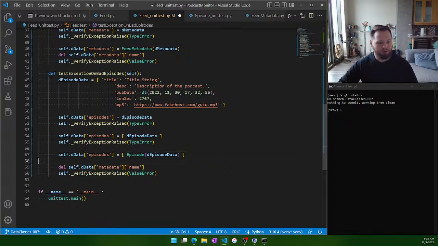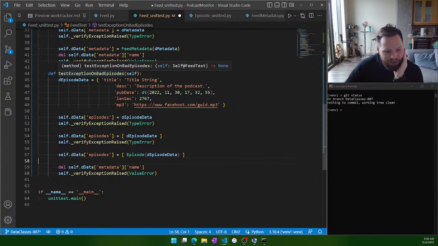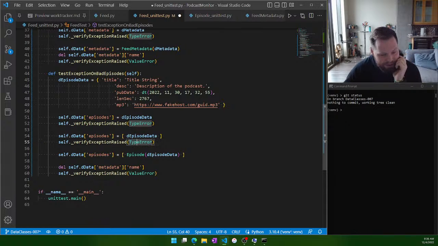So now we can do the value errors. And so obviously you could say that it's a value error if it should be a list. So that's a type error. But then if inside the list are not episodes, that's a value error. But I'm going to say the type should be a list of episodes. And then the value error is going to be similar to up here, where we invalidate an episode,